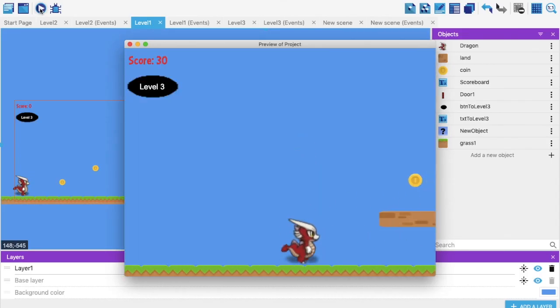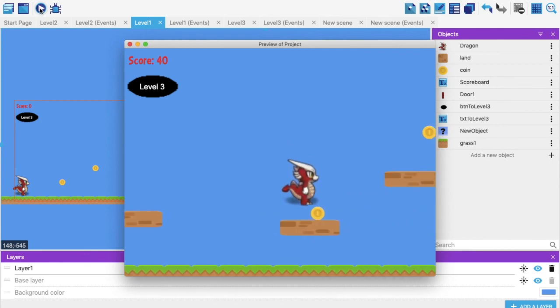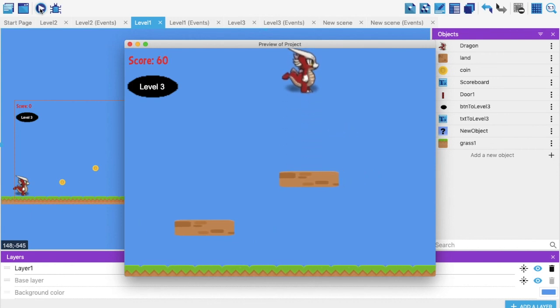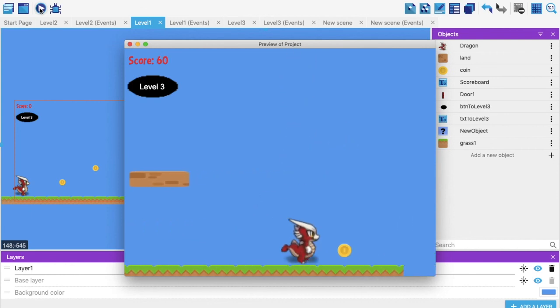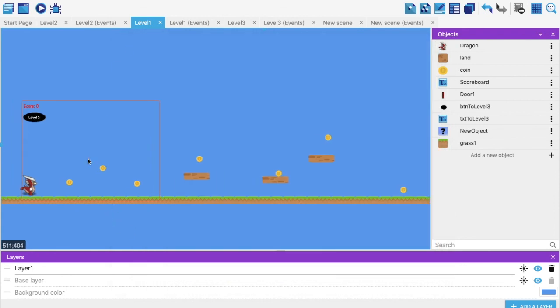Whoa. Yes, there we are. Okay, so obviously it will fall down after this forever because we have not really coded for that. So close this. So this is how you can add a parallax effect to your game to make it more interesting.